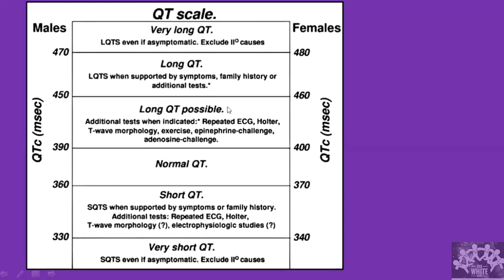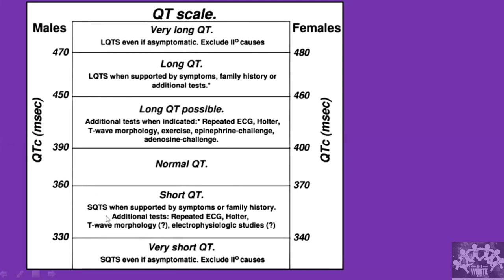This is a chart showing the QT interval. So what are the possibilities? There is something called long QT syndrome. Congenitally, if the QT is long, an impulse can come in the relative refractory period of the heart, and that time it can generate arrhythmias. Similarly, there is a short QT syndrome. This short QT is congenital.